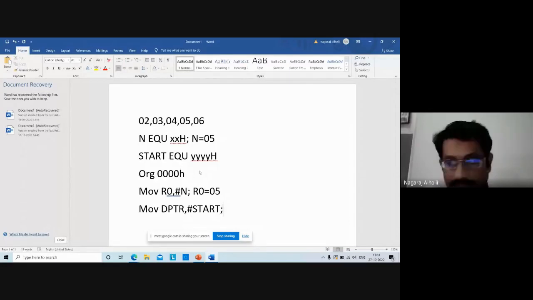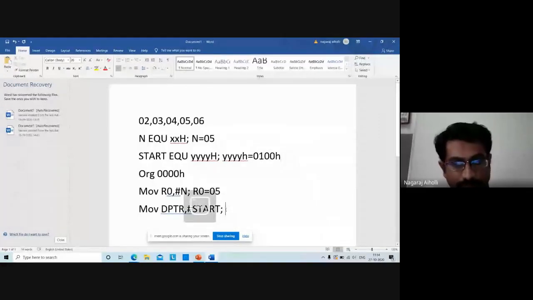So I have assigned the starting memory location. Let us say this YYYYH is some memory location, let us take it as 0100H.